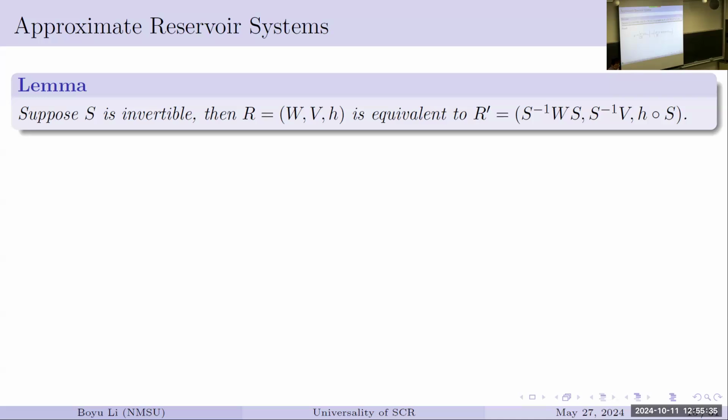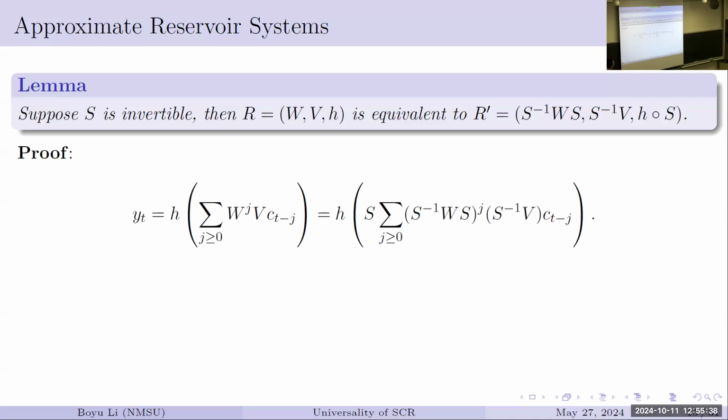And it's very simple. The idea is basically just we know what the solutions are. This is the nice thing about this linear system because we already know what they are. So my solution is like that. If I put an S on the left, I put a conjugate here when I raise to any j. That's the beautiful part of the conjugation. The S inverse will go to the left, cancel that out, S on the right, cancel that out, and you get exactly what we have. Okay. So this is the first idea we can have. You can take conjugation of an invertible matrix, and you can have some freedom over your W. As long as they're similar, you can do this.